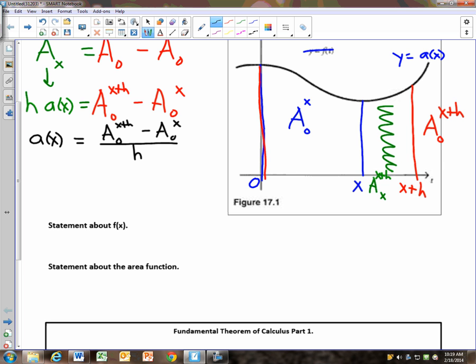What's the only thing we would need to be able to write it as a derivative? The limit as h approaches 0, okay? All right? And the limit as h approaches 0, okay, we'll end up with really just our function height. So what we have here is a of x is equal to the limit as h approaches 0